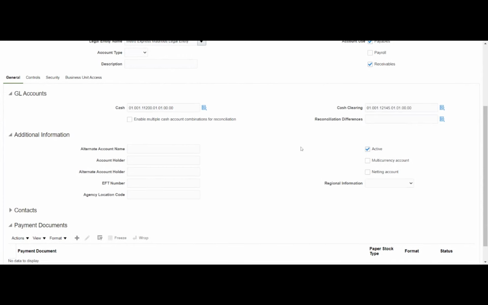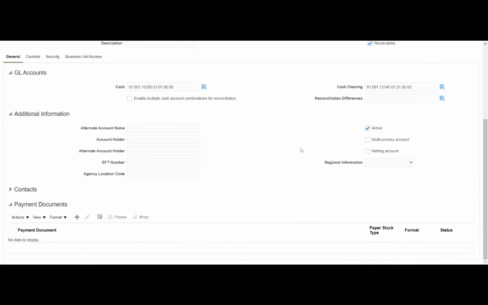Okay. And then we have other information. These are additional inputs that we can give to the system. So EFT is nothing but electronic fund transfer. Basically, the bank will give a separate number if we are implementing a payment gateway. But these are optional things, because not every company will have the payment gateway implementation done. So that's the reason.